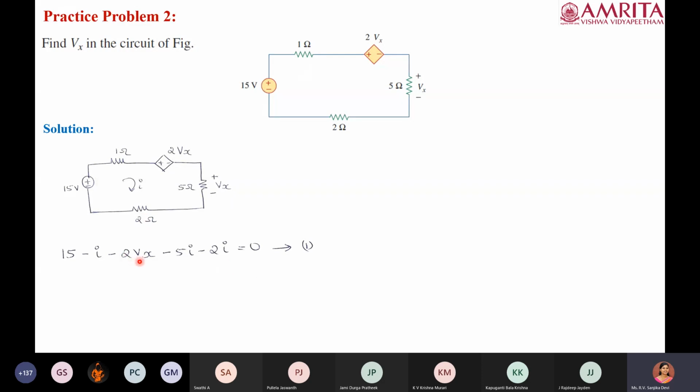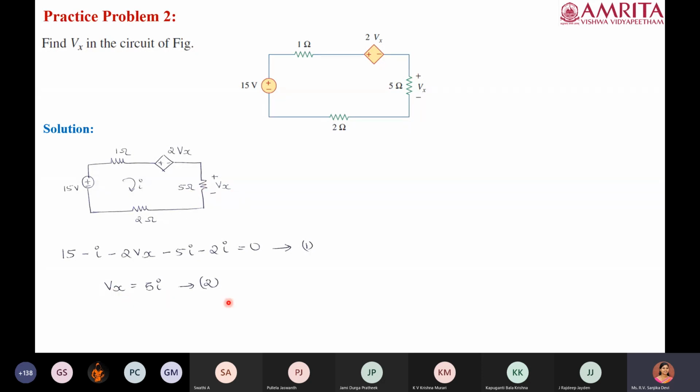Okay. But now we have a single equation with 2 unknown variables. So we require one more equation or the relation between Vx and I so that we can simplify or solve the equation. Okay. So what is Vx? So Vx is already given in the numerical, right? So now what is the relation between Vx and I? Plus 5i, ma'am. Yes, Vx is equal to plus 5i. Okay, because when the current is flowing through this resistor, there is a voltage drop, and that drop is exactly the same as what is given in the numerical. So directly we will write Vx is equal to 5i.